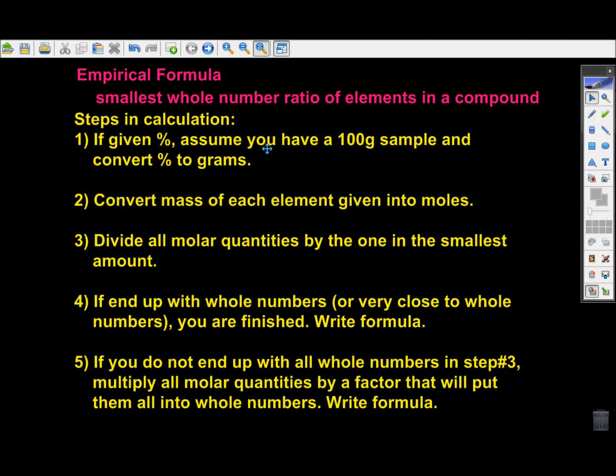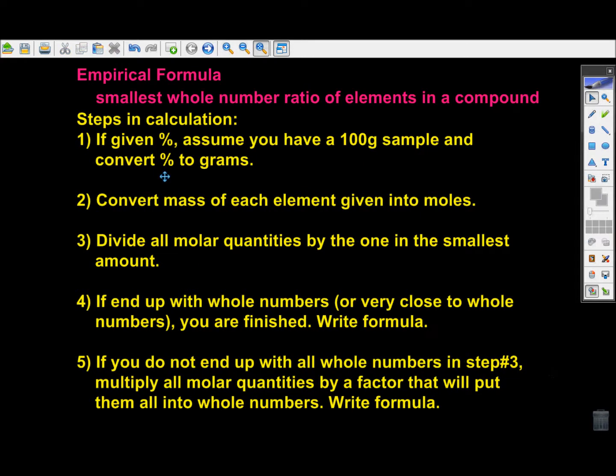The first step is you look at the data that you're given, and if you're given percents, like percent composition, we did that prior to this video. We did it on Friday. So if you're given percents, then you have to assume you've got a 100 gram sample, and then you just change that percent to a gram. If you're given mass, then you can skip straight to step number 2 and change each of those elements' mass